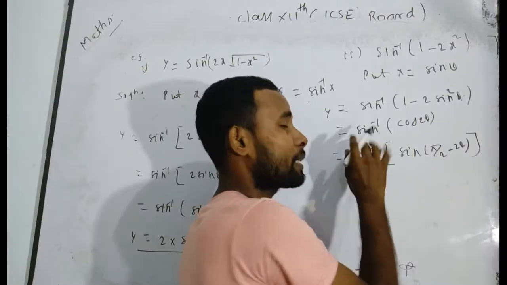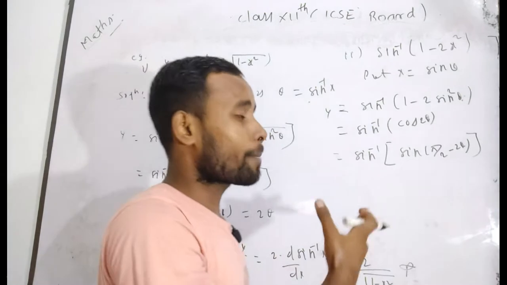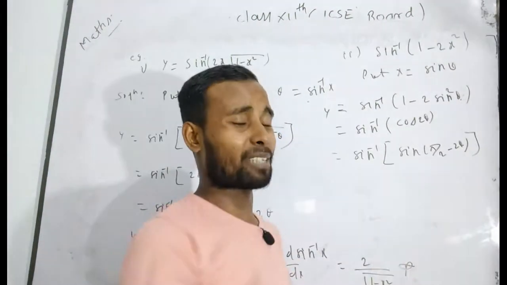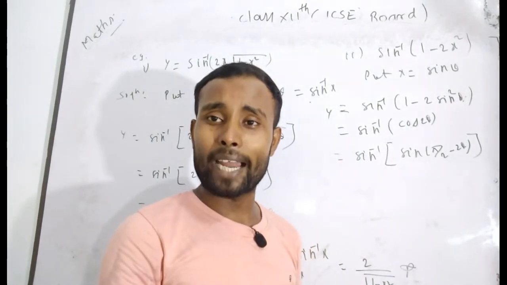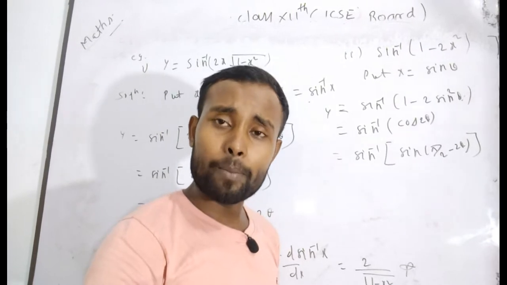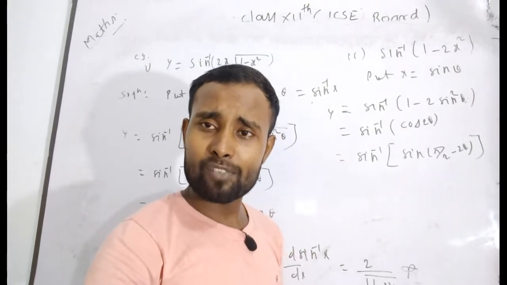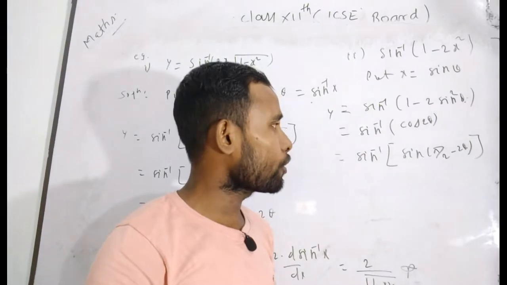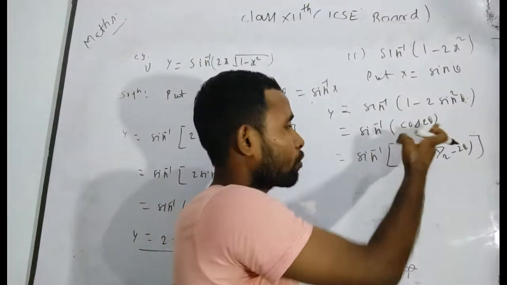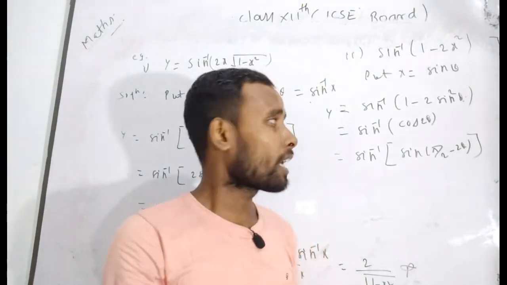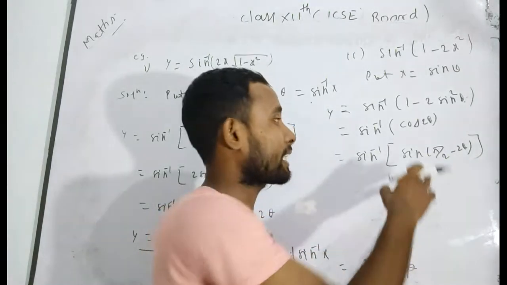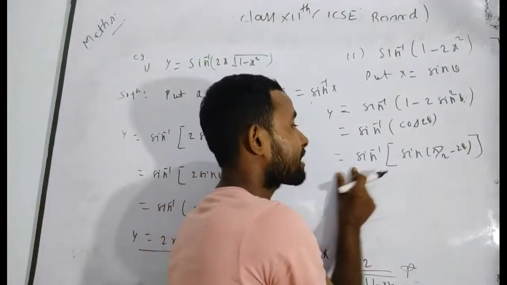You have to simplify it, and it will be in simplified form when you remove this complex function, that means the inverse trigonometric function. But if you see this problem, you will tell me, sir, there you will get sin inverse cos 2 theta, and there is no formula for it. That's why I have used here sin inverse sin of pi by 2 minus 2 theta. After taking sin of pi by 2 minus 2 theta, it looks like sin inverse sin theta.